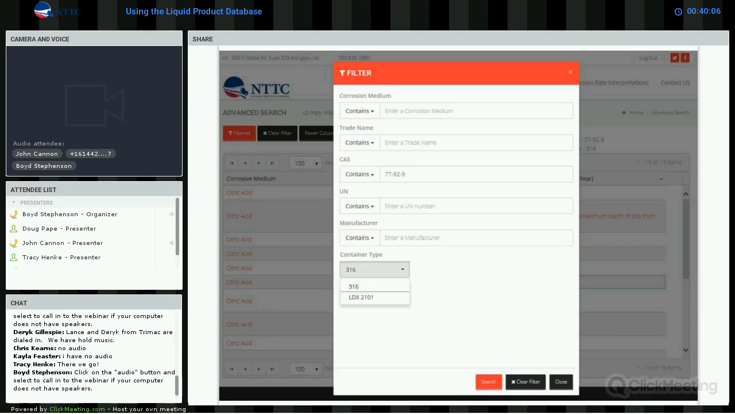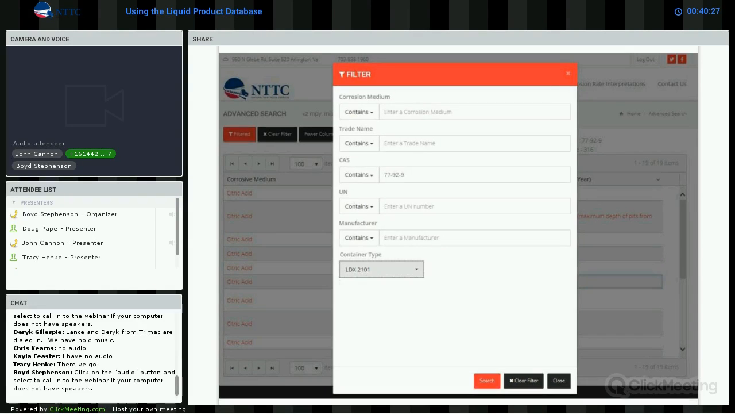And some tank trailers are now being made out of this more sophisticated lean duplex steel, which is a little more corrosion resistant to some materials. So we have a limited amount of information in the liquid products database for LDX2101. So go ahead and touch your finger to where it says LDX2101, and you see in the window there it says LDX2101. And then again, like we've done lots of times before, we click search down at the bottom,